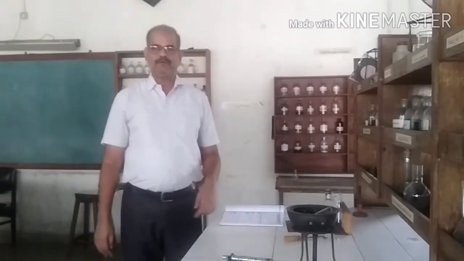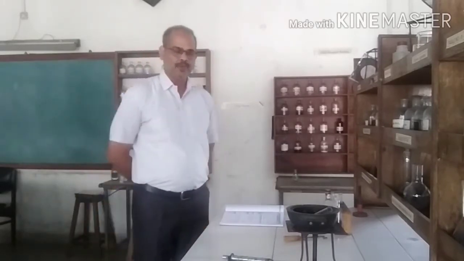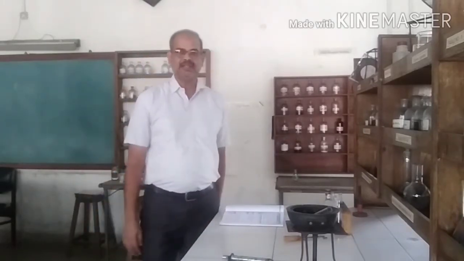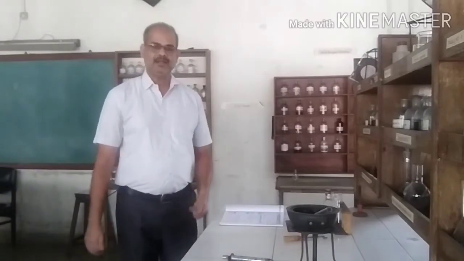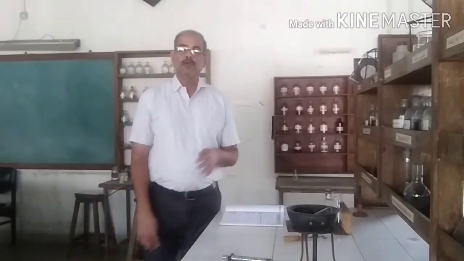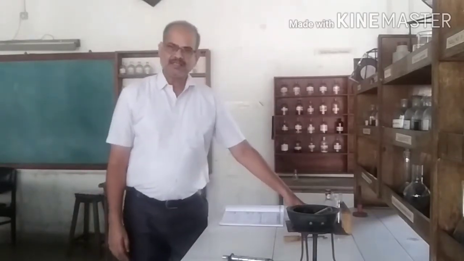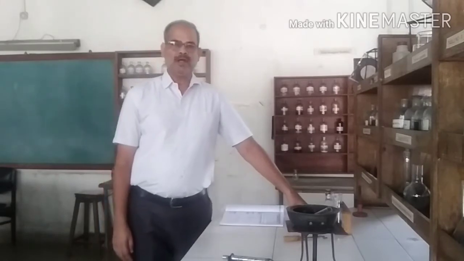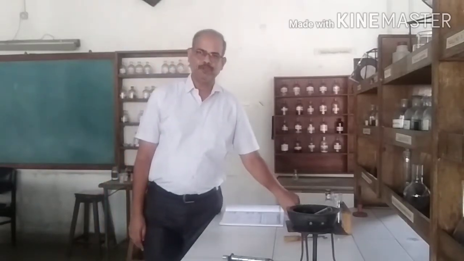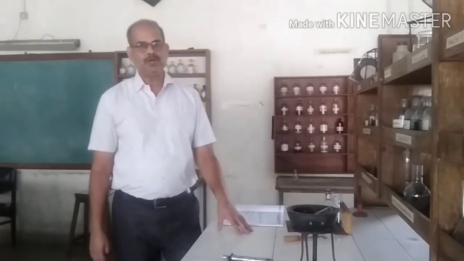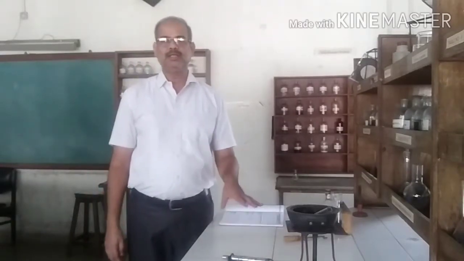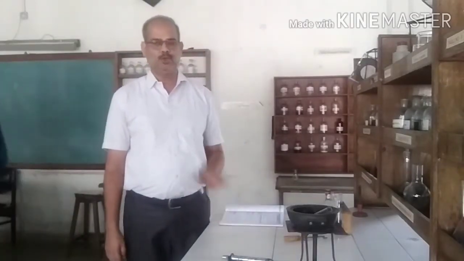In the last video, I told you that there will be a slight change. In the handbook, they have given first the test for carboxylic acid and then the test for phenolic group. First, you will do the test for phenolic group and then for carboxylic acid group. In the last video, we saw two compounds and I demonstrated how to determine the functional group. One compound contained the phenolic OH group and the other contained the carboxylic acid group.